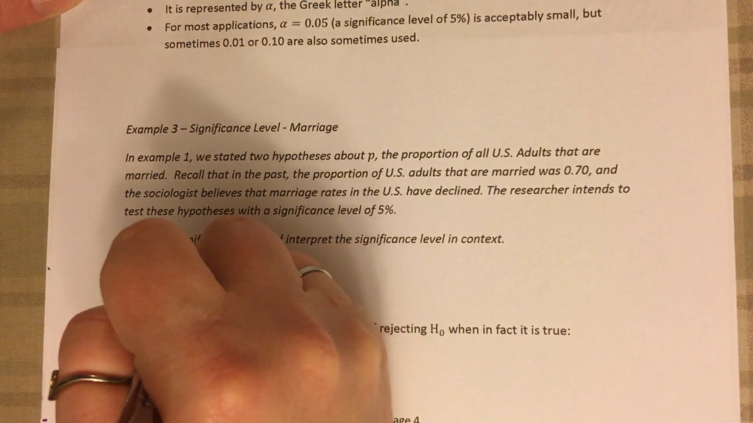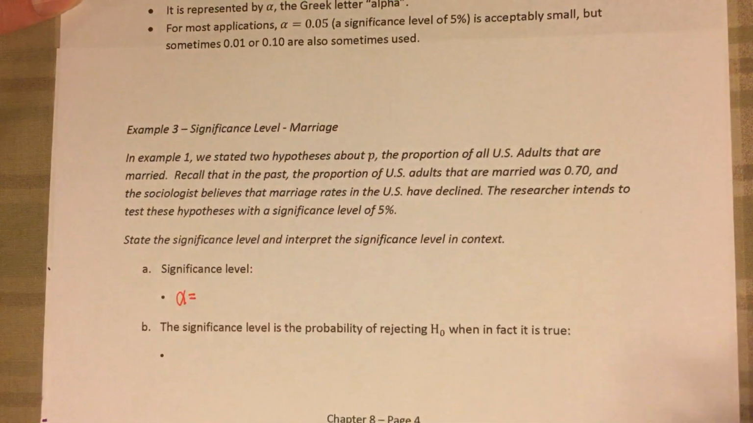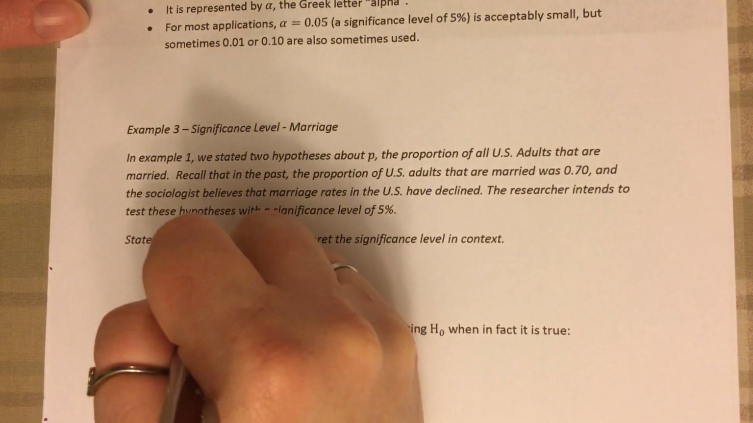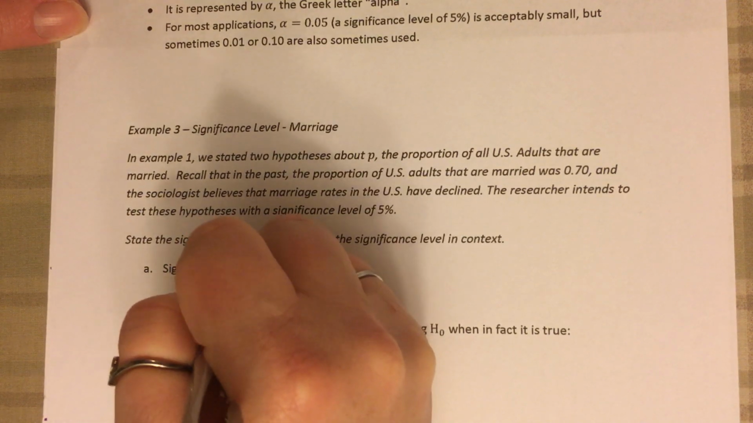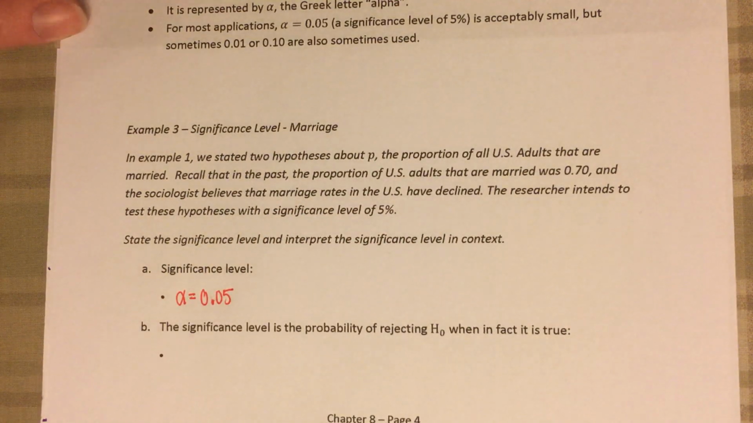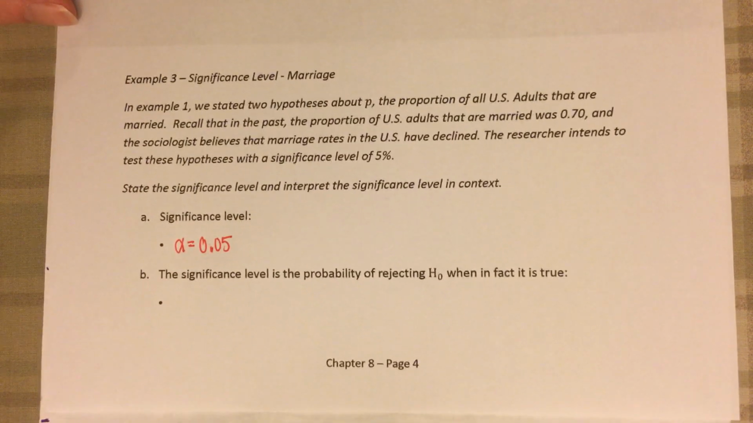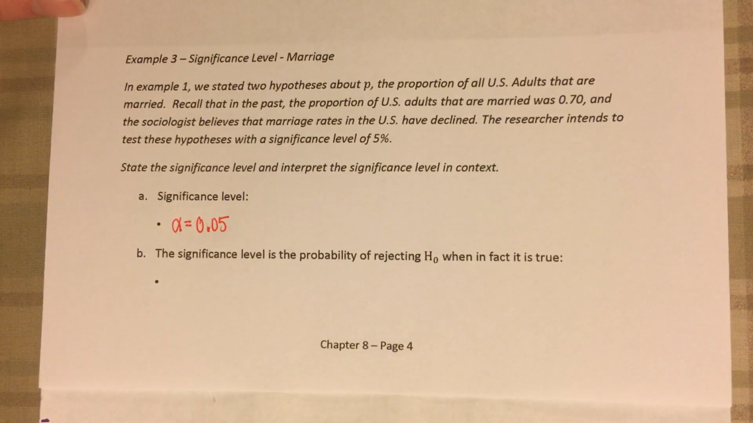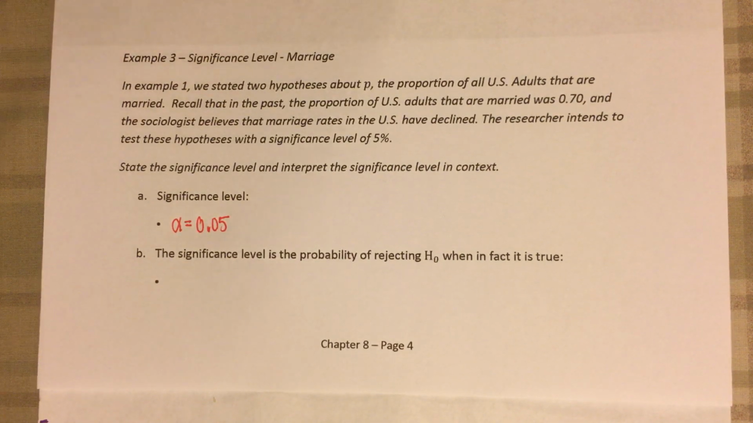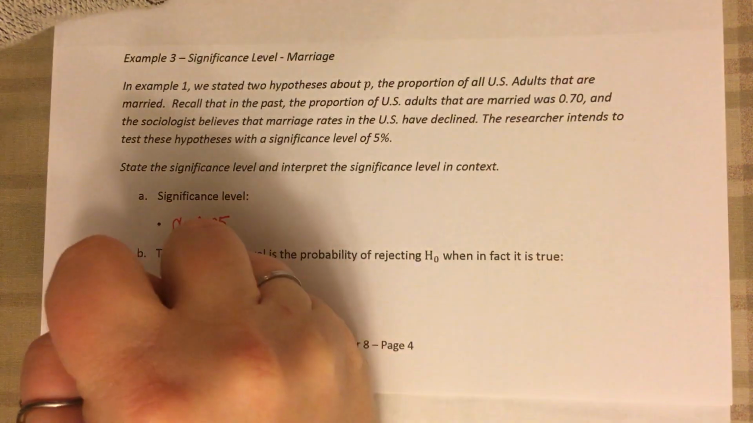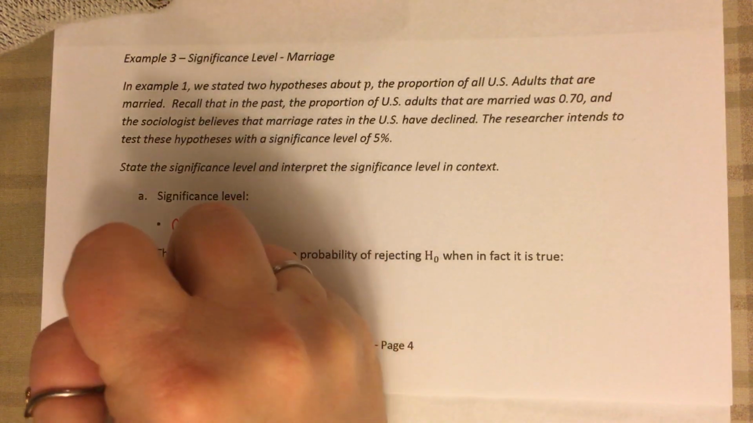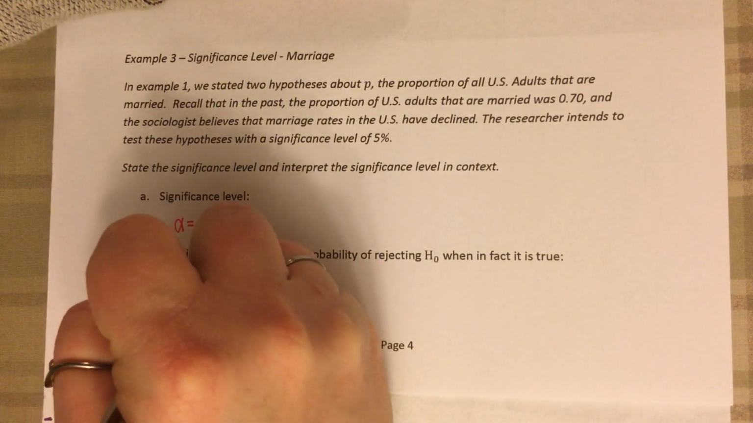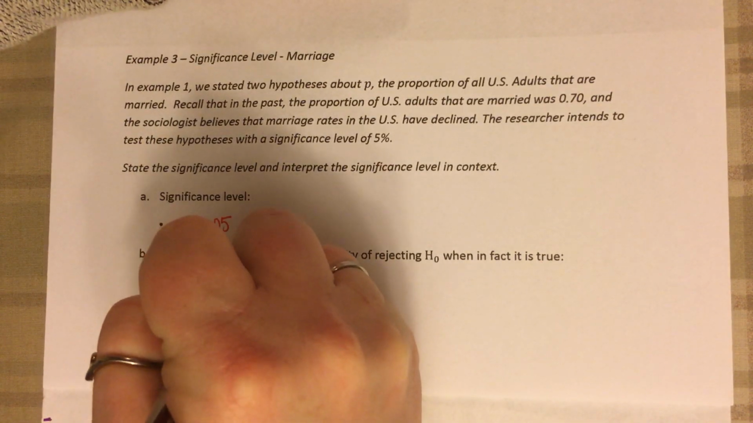All right, so our significance level, again, we're always going to use the Greek letter alpha to represent, and we're always going to write it as a decimal. So we're going to write alpha equals 0.05. All right, so what does this mean? This means that this is the probability of rejecting our null hypothesis when in fact it is true. Right, so we're going to say in this context, right, this means